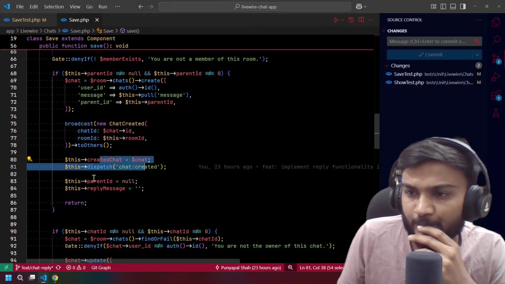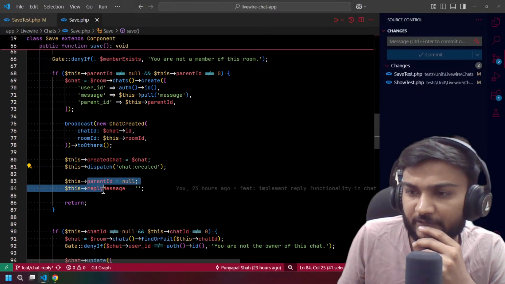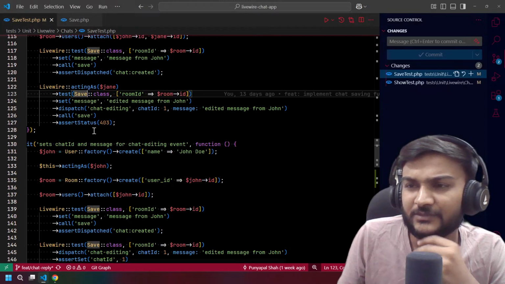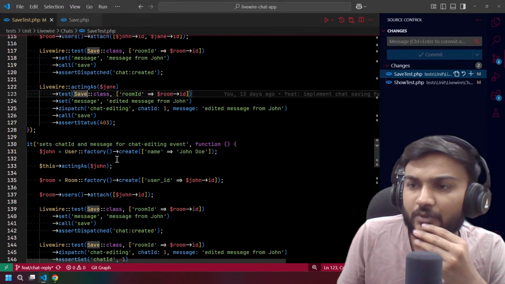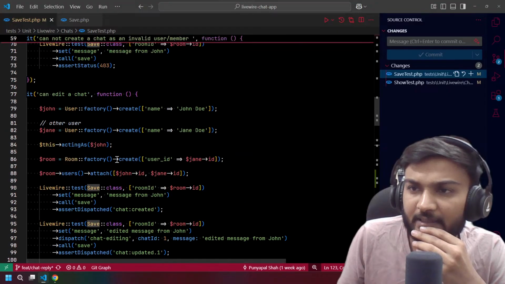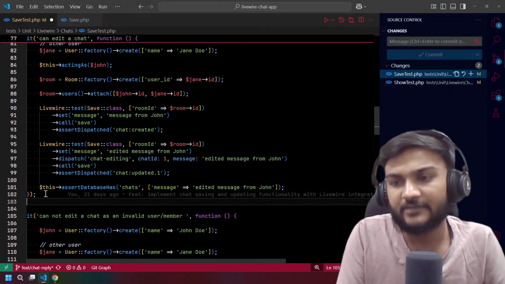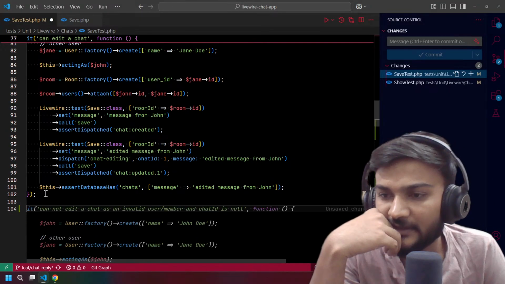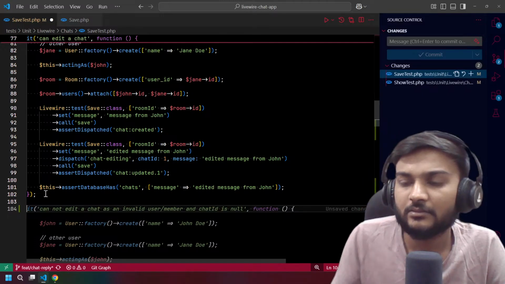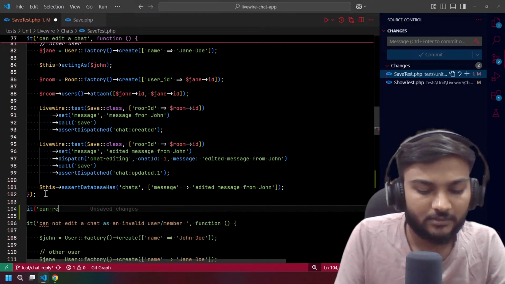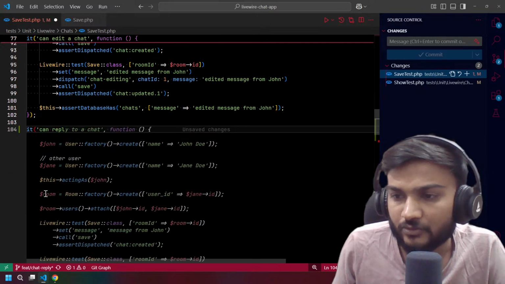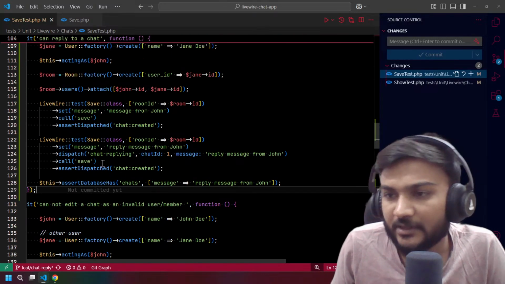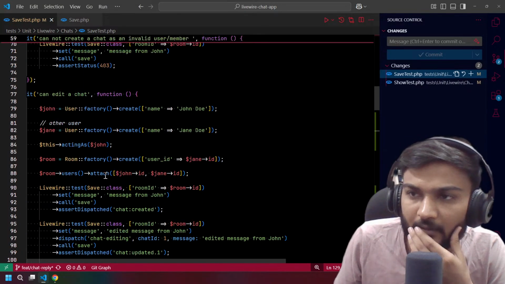And you do this as well, and yeah. So of course now, so can edit the chat. You can say can replay to the chat, and what it does is,